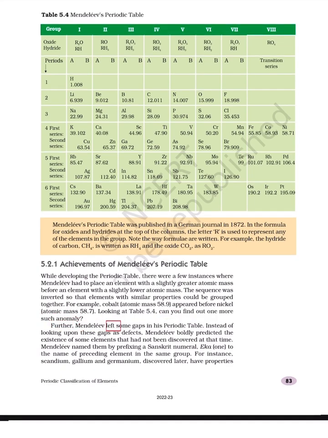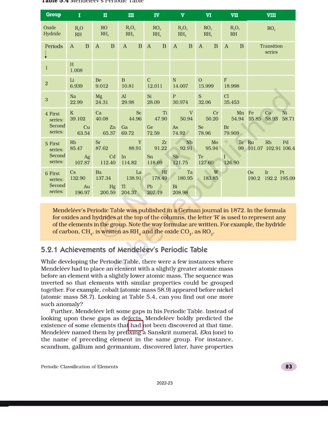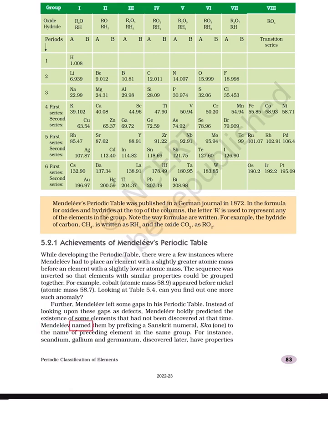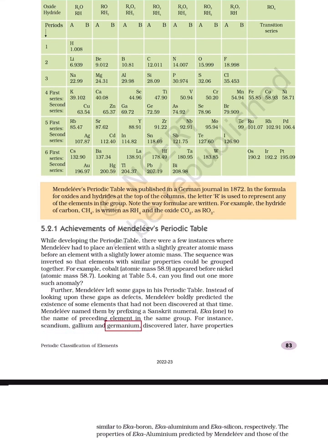Further, Mendeleev left some gaps in his periodic table. Instead of looking upon these gaps as defects, Mendeleev boldly predicted the existence of some elements that had not been discovered at that time. Mendeleev named them by prefixing a Sanskrit numeral, eka, to the name of the preceding element in the same group. For instance, scandium, gallium and germanium, discovered later, have properties